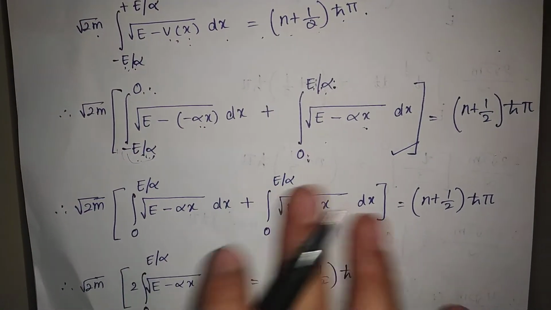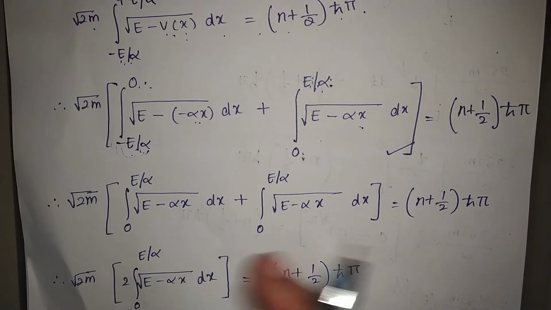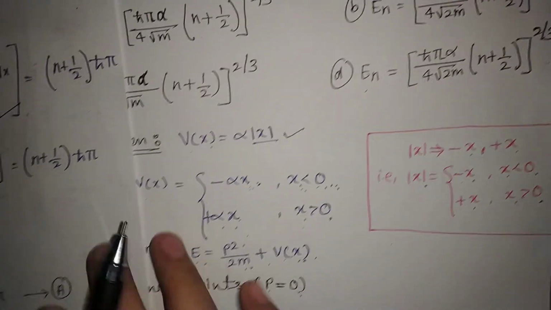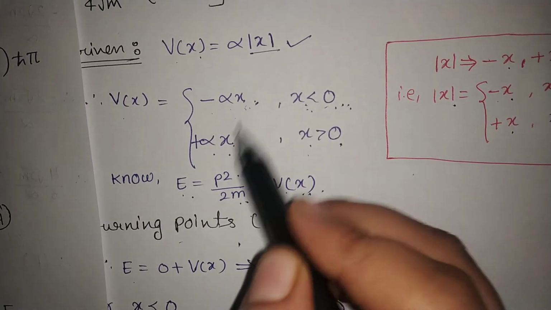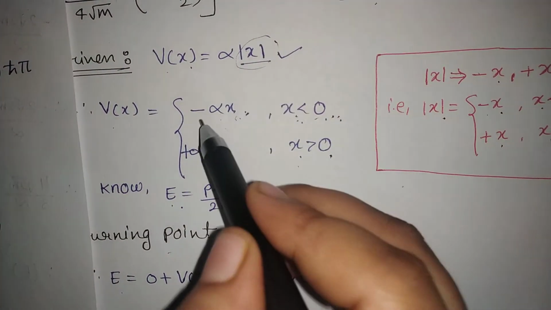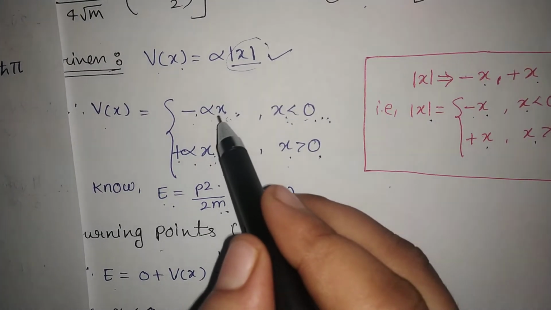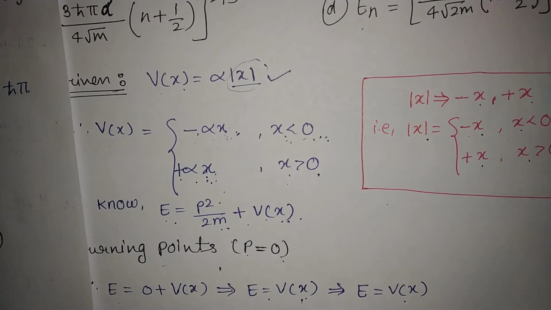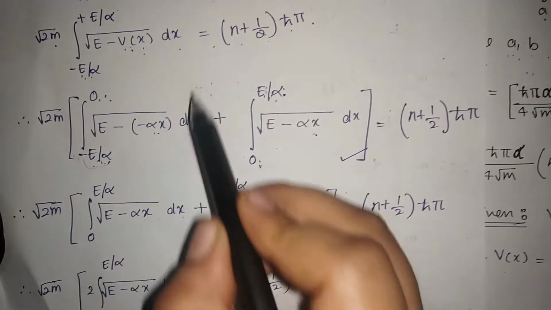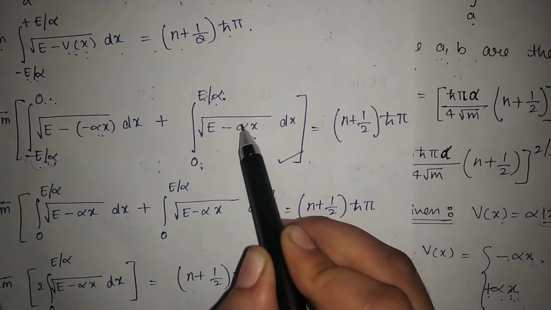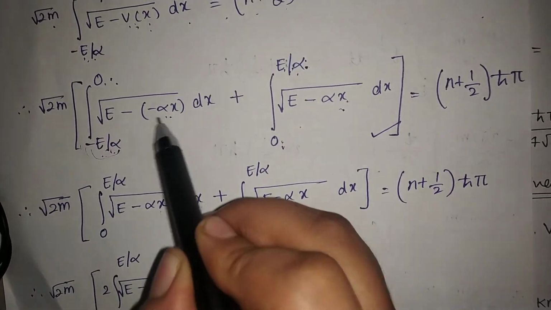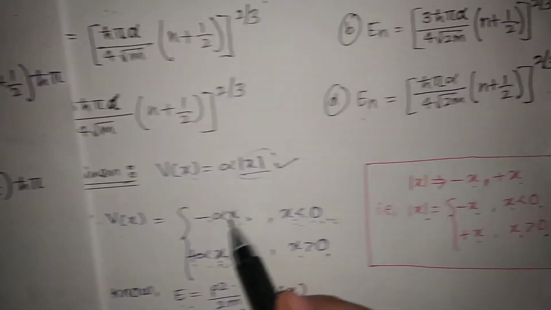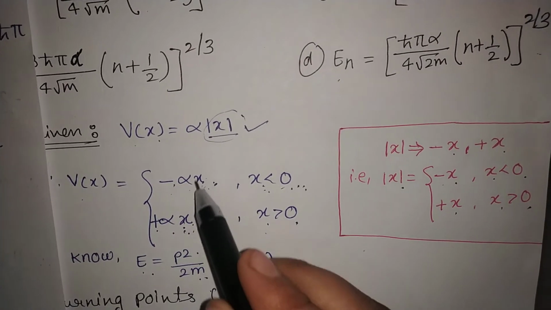So I hope you have understood up to this. Now we will do some mathematical steps. Be careful. As we know, for both values, that is this potential value, we have got two values because of this mod of x. One is negative, one is positive. But if you see magnitude wise, both are the same. So just to solve this, here we have positive alpha x, positive potential, but here we have the negative. But to solve this further, what we are doing is taking this potential value magnitude wise.